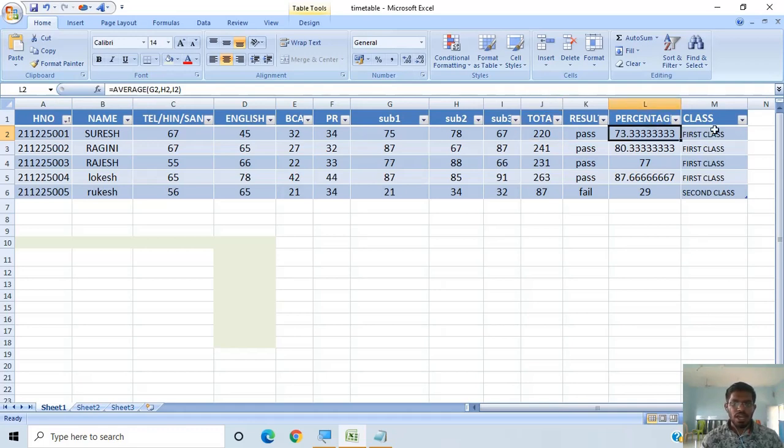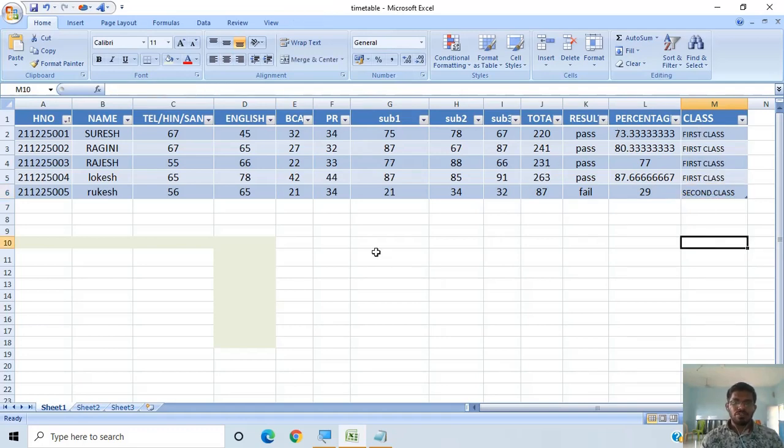The percentage has to be greater than 65, then it has to be shown as first class. If the percentage is less than 65, then it has to be shown as second class. I wrote the condition like that, and automatically the result has been displayed. Here the person failed, so it has to be displayed as failed. For example purposes only, I wrote the condition like this.